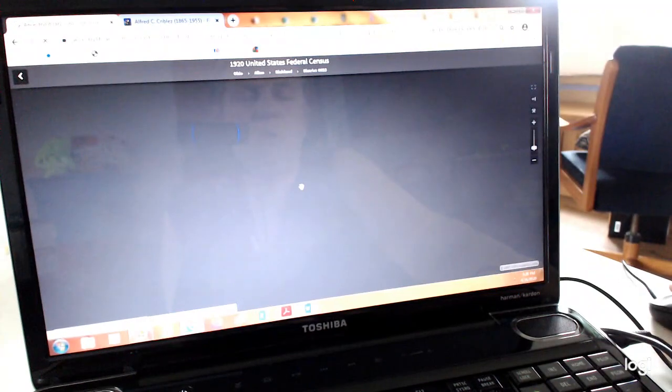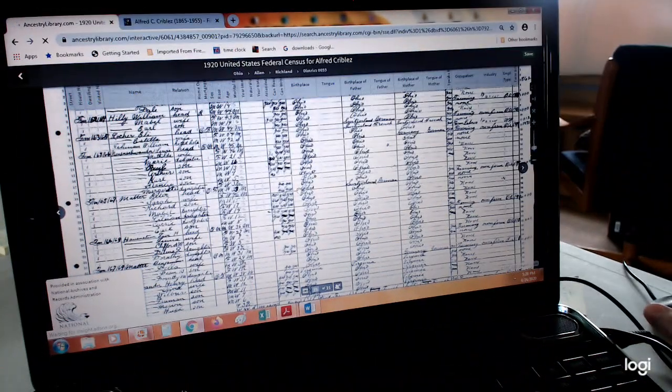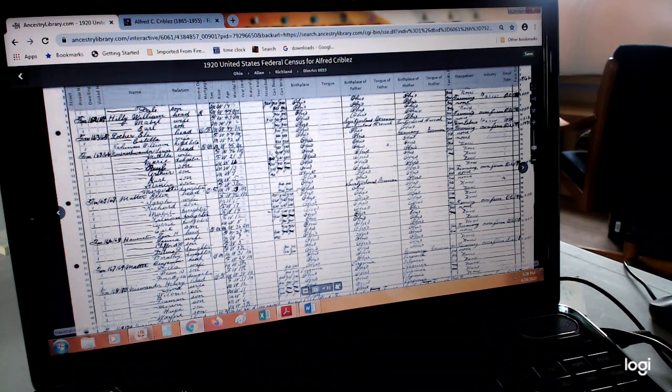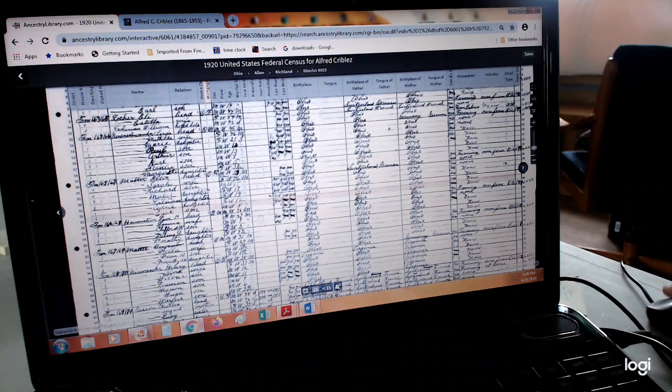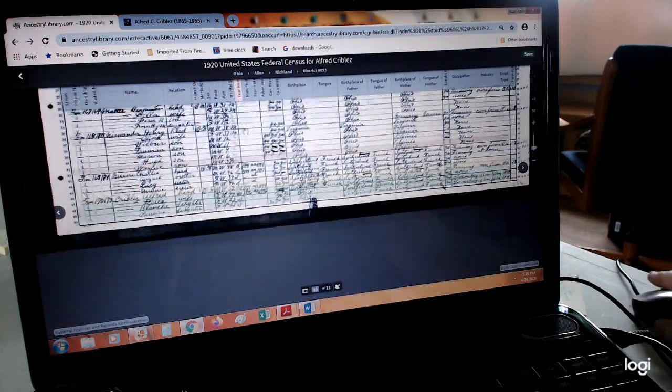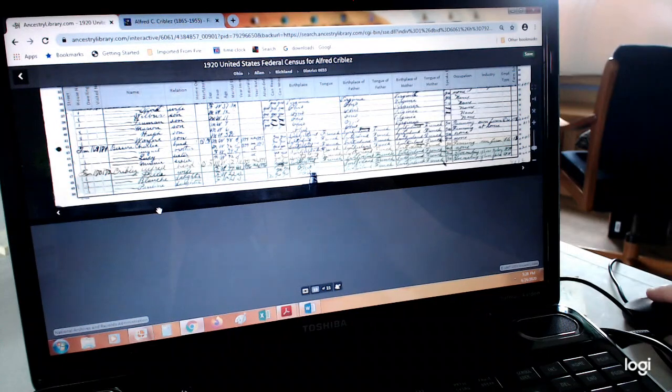And anytime you look at birth years on census records, it's give or take a few years. It could be whoever gave the information. It's possible the wife didn't know the husband's exact birth date, or it could have been one of the kids that gave the census taker the information. So the birth dates tend to be around it, but not really on it. So here we find Alfred down here at the bottom.